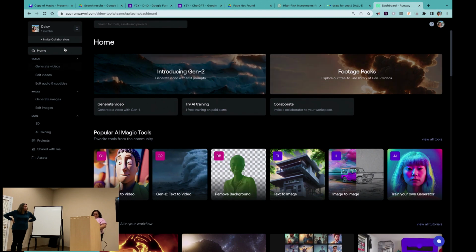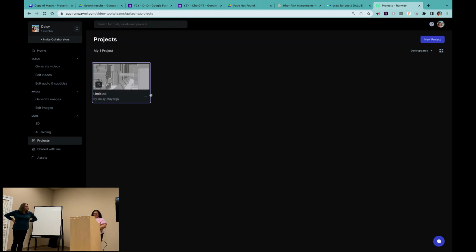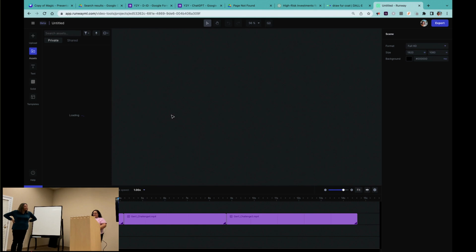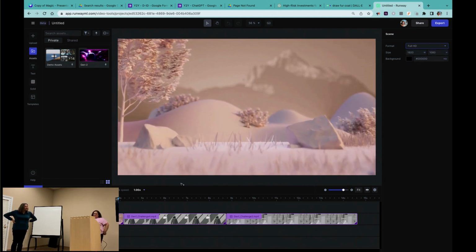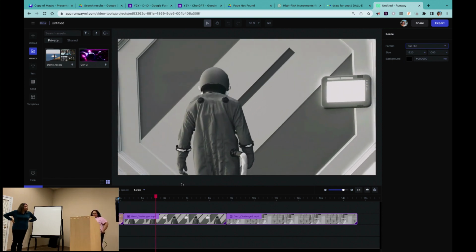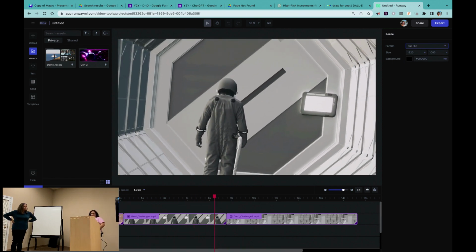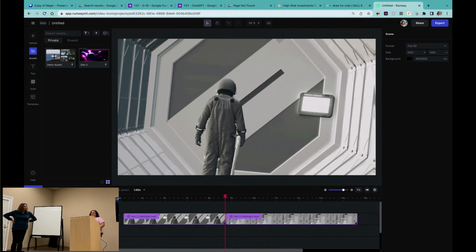What's the resolution of the video? I'm just wondering the level of detail it adds. I think once you render, it's full HD. There are different formats and sizes, so you can select that. But this is all from Runway, and you can edit the actual videos here, shorten them, add your own.